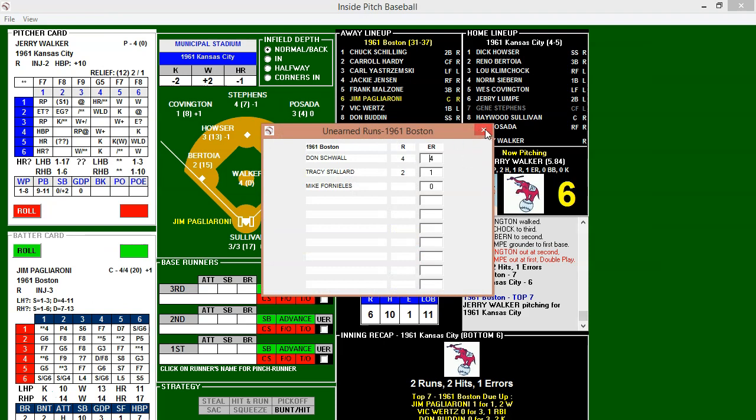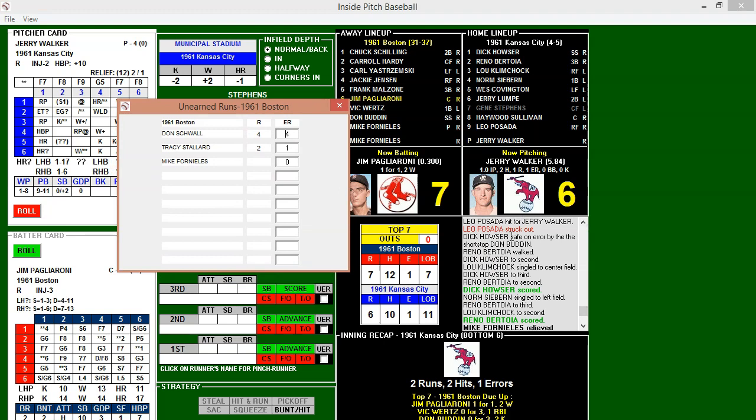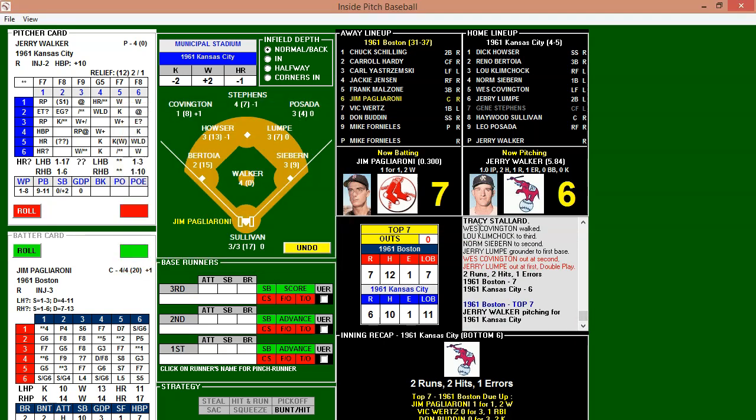And we'll just keep it like that. I think there was an error somewhere there. So, yeah. So that's another inside pitch error that caused us to bring in the wrong reliever there afterward. So we'll blame the game. Yeah. Anyway, that's all right. We'll just go with that. Okay. So still a 1-run lead for the Red Sox.